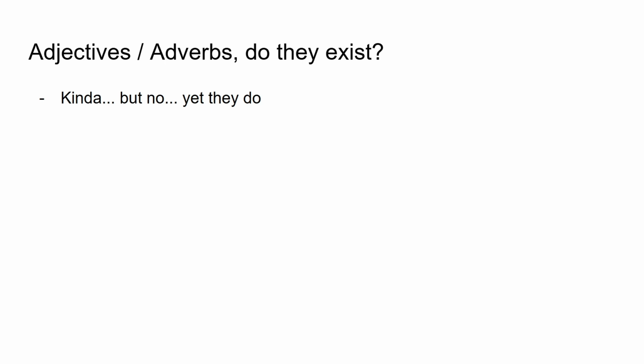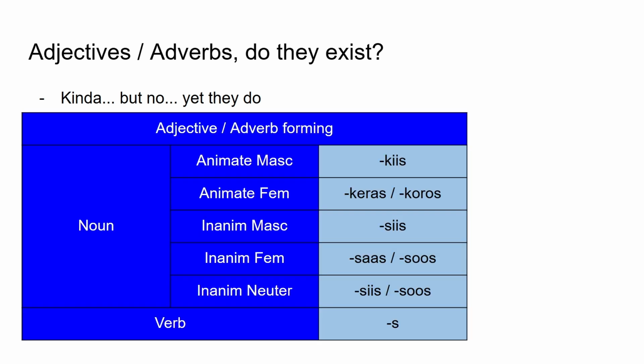Adjectives and adverbs, do they exist? Well, kind of, I guess. I mean, they don't have their own part of speech. They are formed using suffixes. However, these suffixes can be mixed. So, for example, kis can turn a verb into a noun, and s can turn a noun into a verb, which allows nouns and verbs to trade places. Very nice. Now, speaking of verbs,